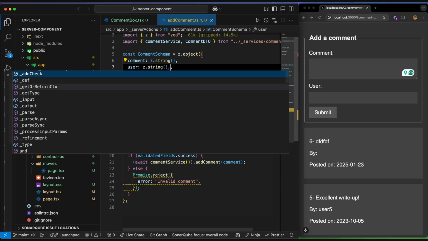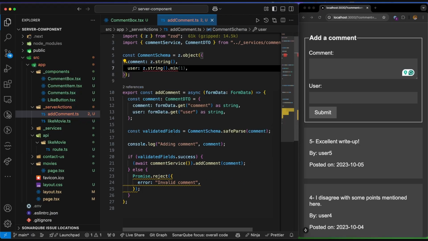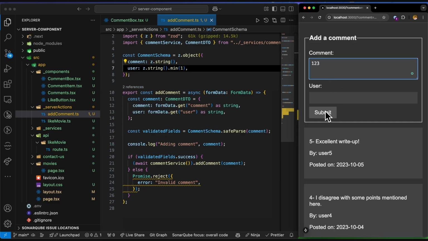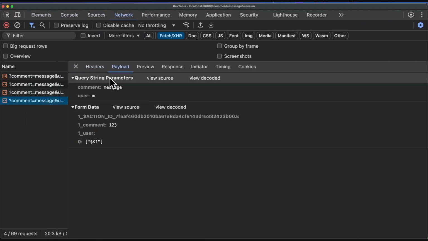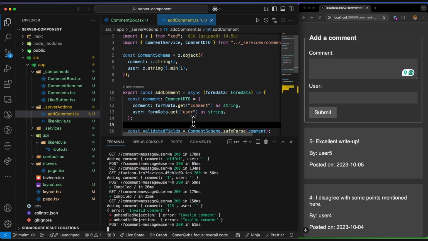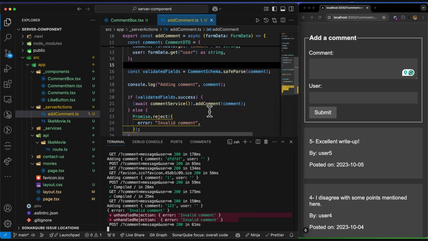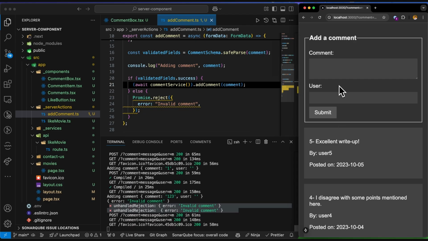We can define something like having minimum 1. And if I try again, 1, 2, 3, now I'm expecting an error or rejection. Yeah, we can see the rejection here. It means it hasn't been done or added to our database. But as you can see, we couldn't see any feedback on the form, indicating that the form was submitted successfully